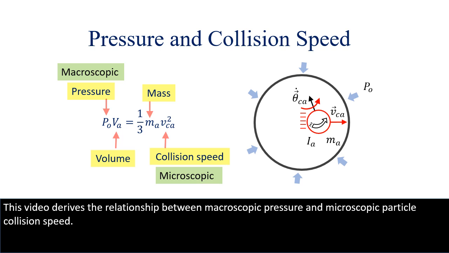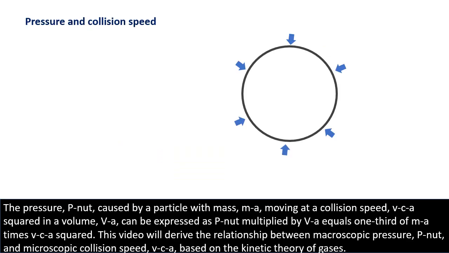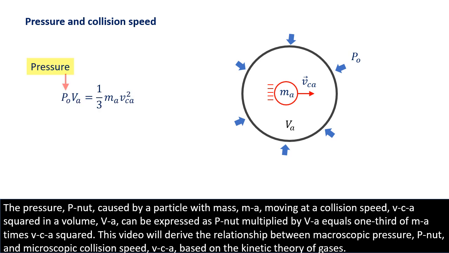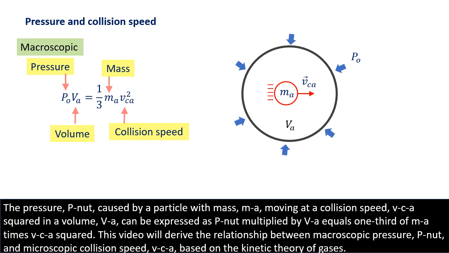This video derives the relationship between macroscopic pressure and microscopic particle collision speed. The pressure, P0, caused by a particle with mass, ma, moving at a collision speed, Vca, in a volume, Va, can be expressed as P0 multiplied by Va equals 1/3 of ma times Vca². This video will derive the relationship between macroscopic pressure, P0, and microscopic collision speed, Vca, based on the kinetic theory